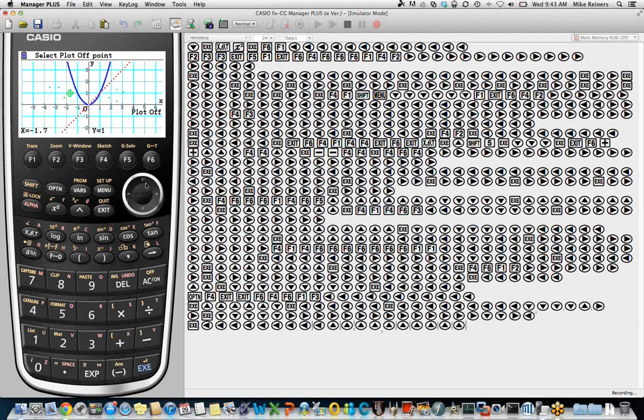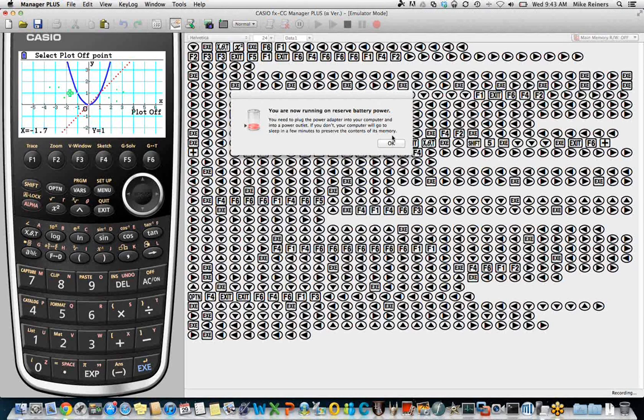We could plot off at -1, 1, and we have a hole there. There's actually been a pixel removed from that place. So plot off can undo plot on, but it can also undo anything that's there. It's like a little miniature eraser that erases a single point on a graph, or on the background even.